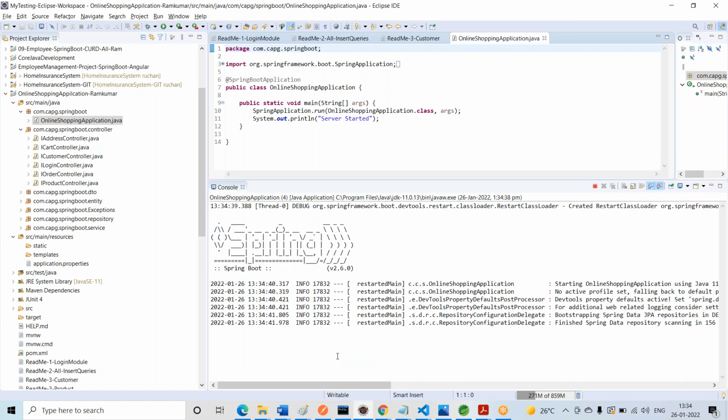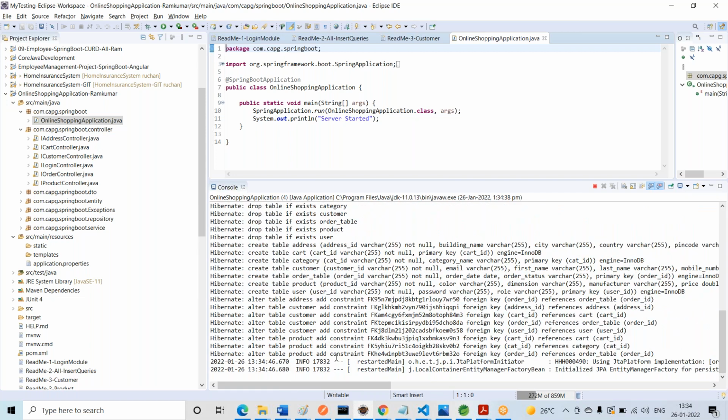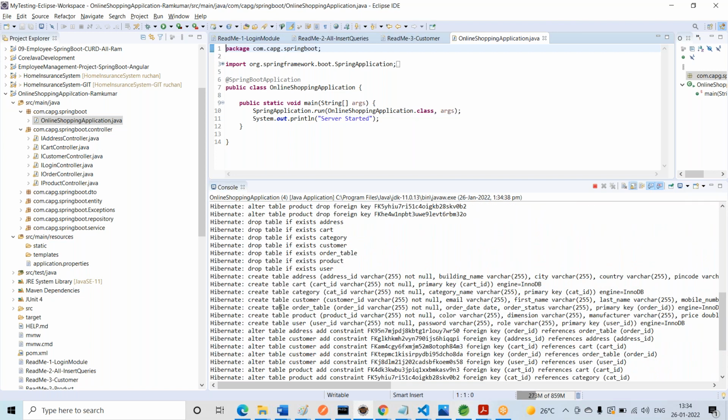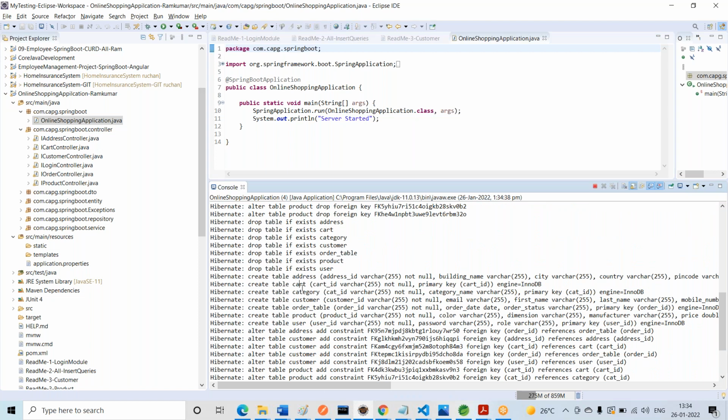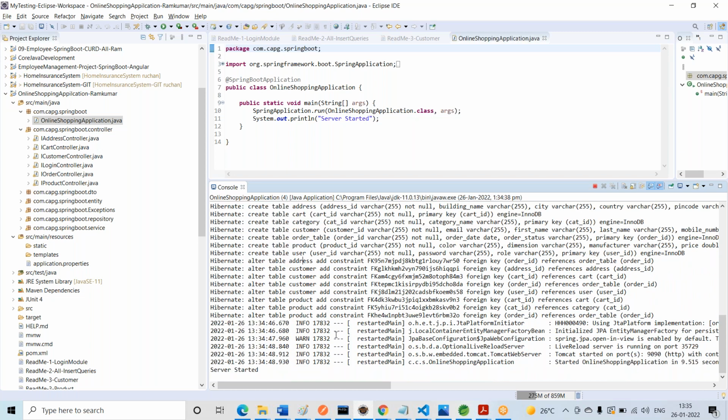This is a totally integrated project. You can check that it creates tables also: address table, cart table, catalog, customer table, order table, product table, and user table. All the tables are created automatically, implicitly.